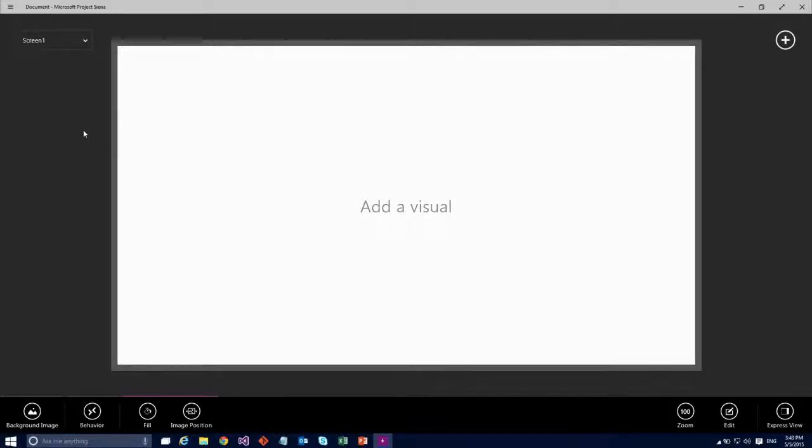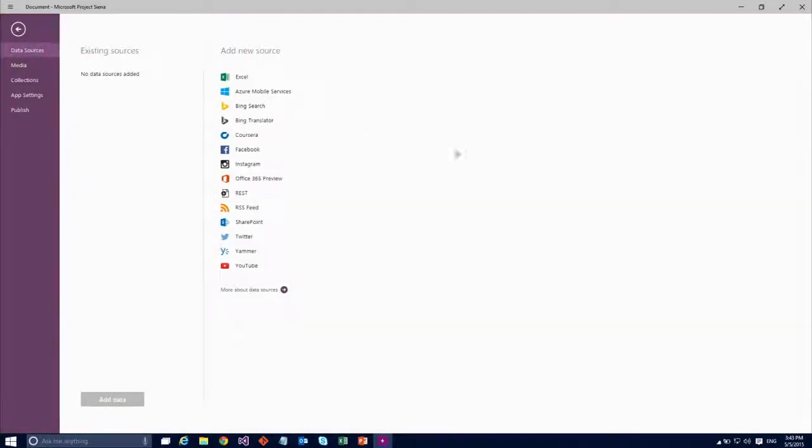So, data. Let's talk about data real quick. Obviously, the app you build is only going to be as good as the stuff that you can connect to, right? And right now, we have this list of stuff that we make really easy to connect to. But you might be wondering, how does that connection actually happen? Project Siena can actually connect to any arbitrary REST data source. And if you might be thinking to yourself, bullshit, I'm going to show you how this happens. Because it really can do that.